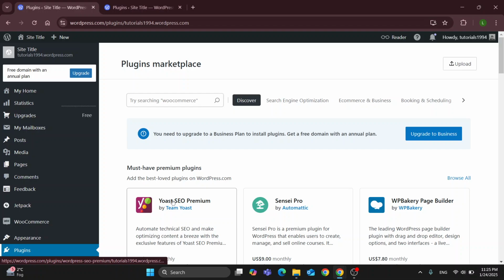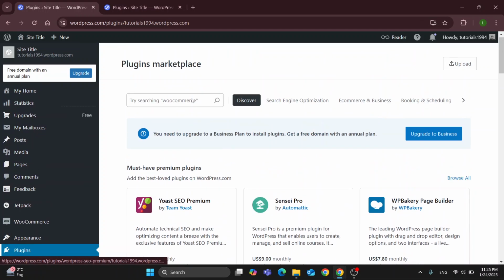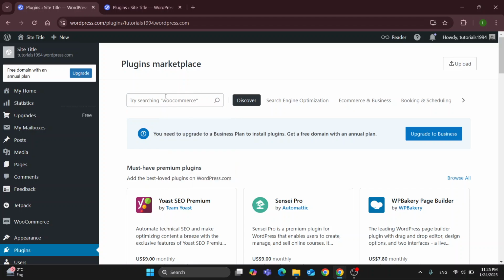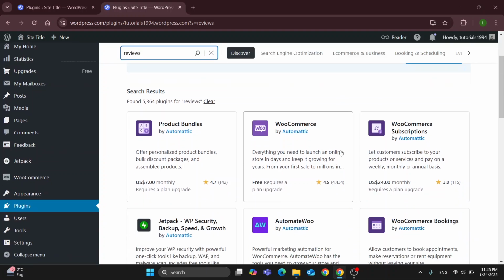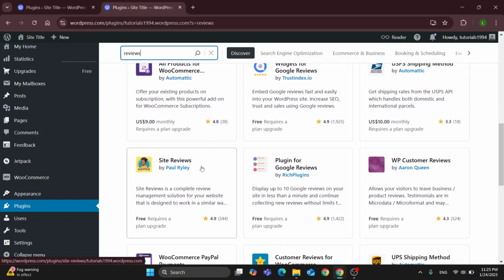You want to find the plugins option right here. That's going to open up this plugins marketplace right here. You can find all the plugins you have, and you have a search bar at the top of the screen that's going to enable you to search for any plugin you need. So what you want to use this search bar for guys is to search for reviews. After searching for reviews, this is going to go ahead and give you a result of all the plugins related to reviews. As you can see, we have multiple ones that are going to enable us to add site reviews